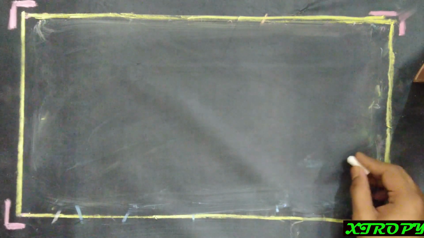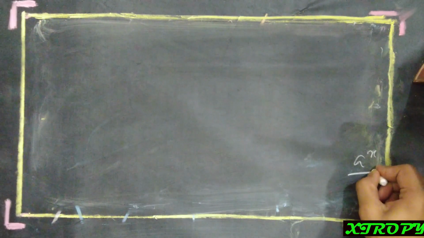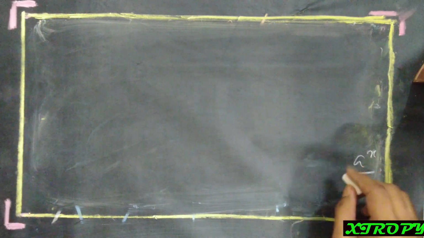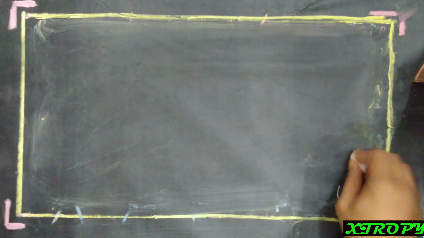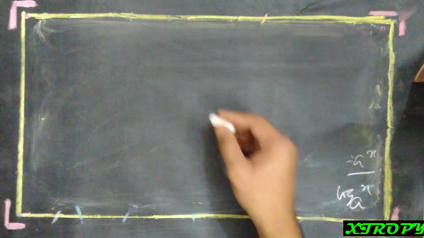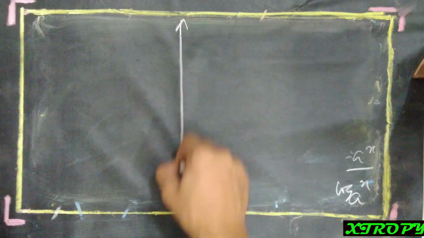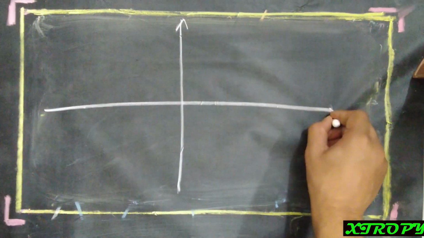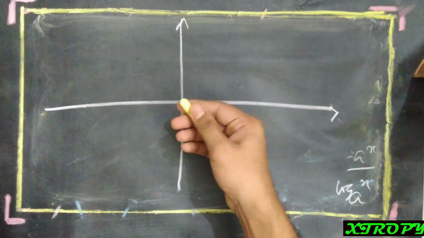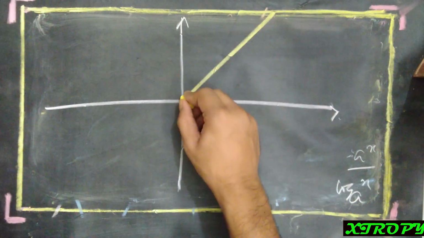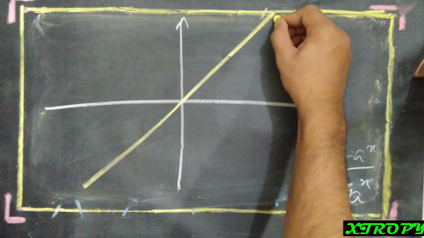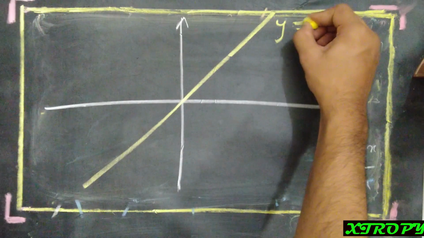Now let us have the understanding of the graph of log. But for understanding the graph of log, we will take a different approach. We already know the graph of a to the power x, right? And we will extrapolate, and make the graph of log x base a from this graph only. Let us see how we do that. This is our rectangular coordinate system, and we take our popular line y equals x. This is a very popular line in the case of inverse functions.